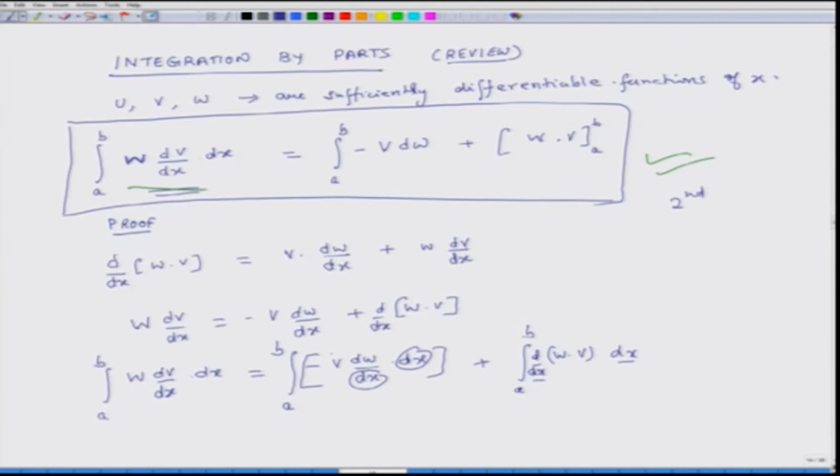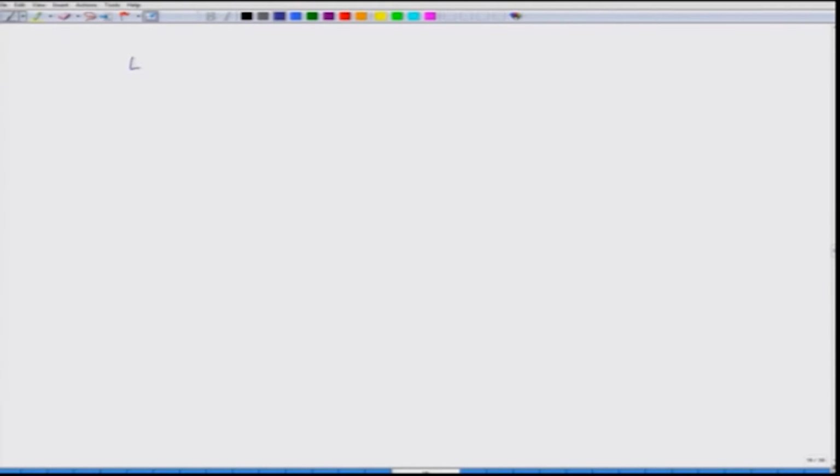Now we will check one more thing. Consider a beam. The equation for a beam is what? I will not use W, let us say U is the deflection. This is the equation for a beam, right. U is the deflection of the beam, I is the moment of inertia. This moment of inertia can change with respect to the length of the beam. Suppose this is a beam. I am putting some force here, right. This is my x axis. Deflection is happening here.